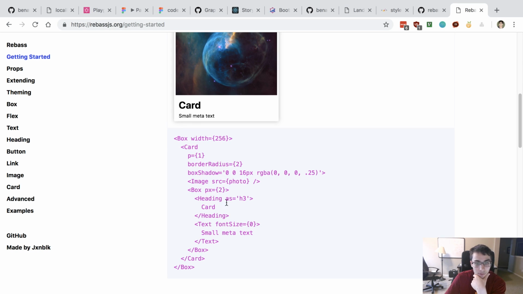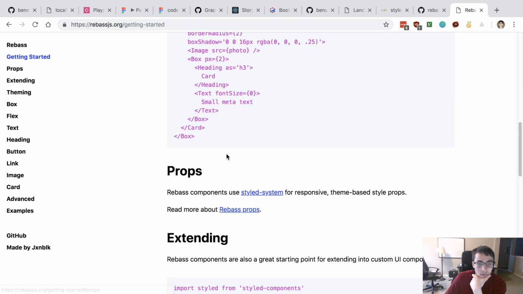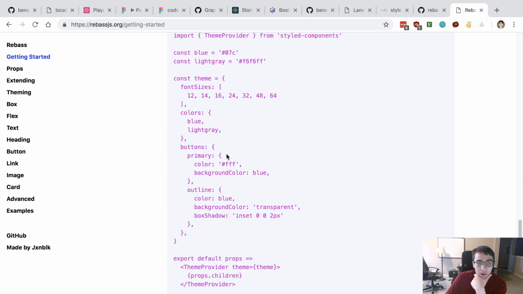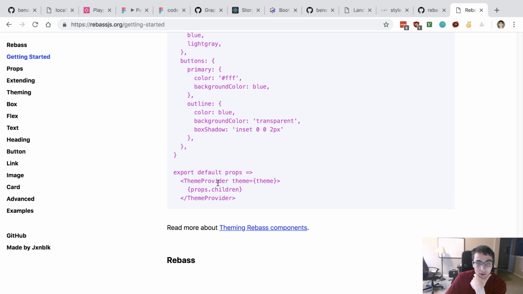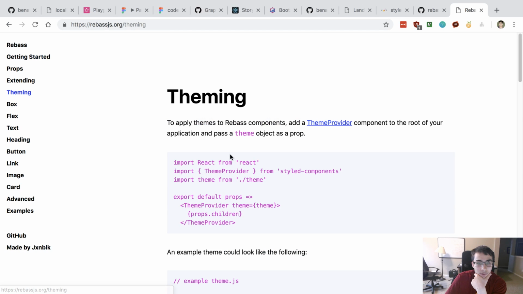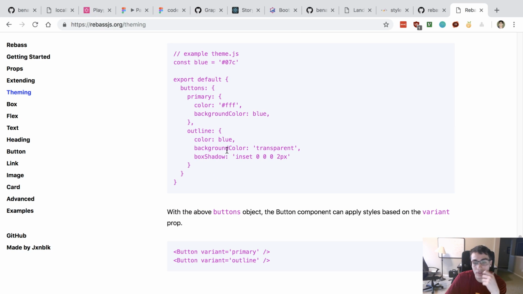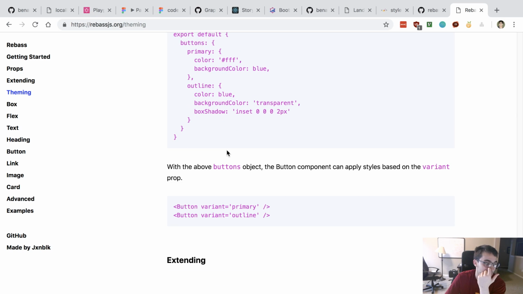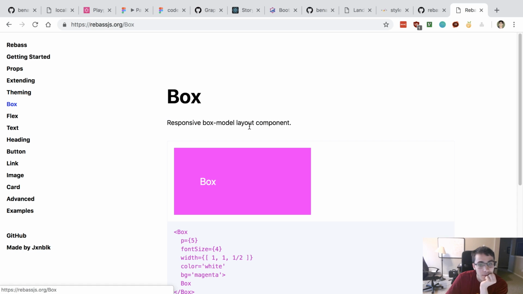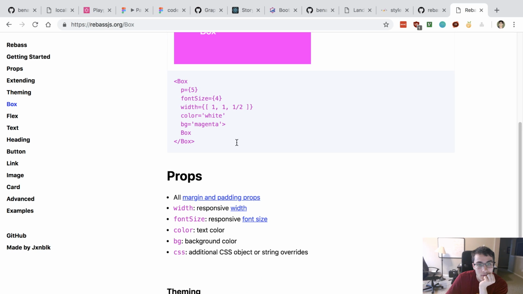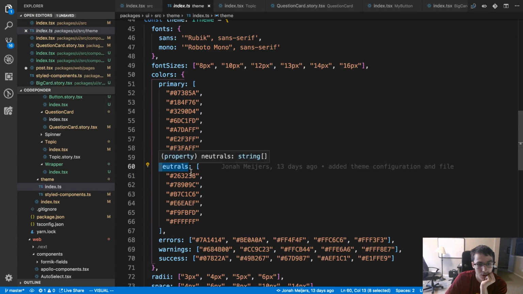So theming, yes, colors. So for us, our neutrals is actually an array.